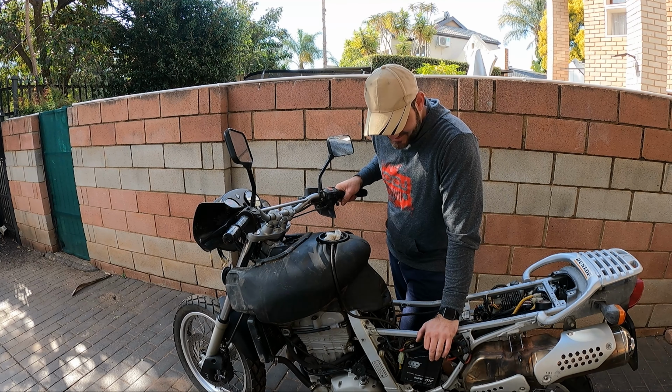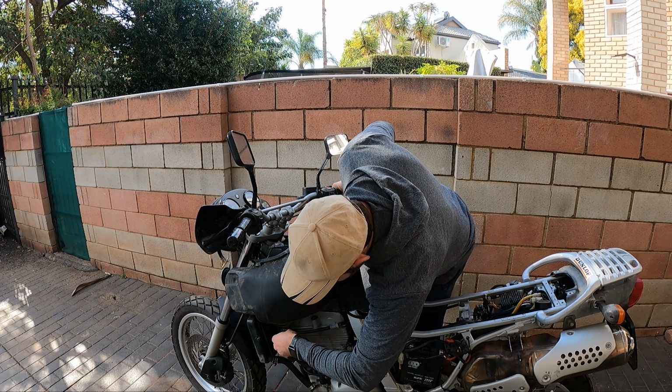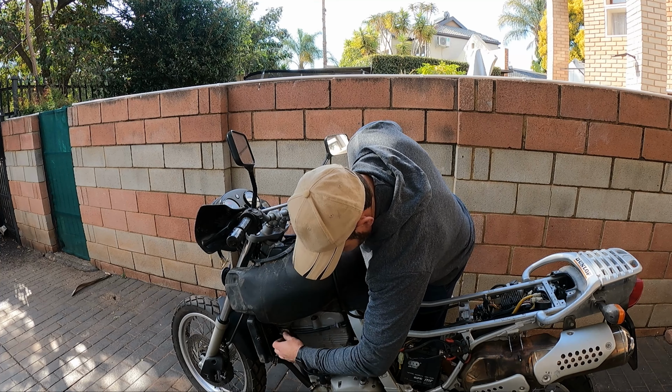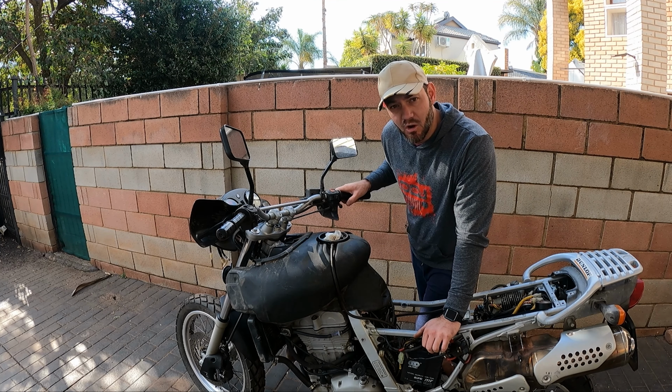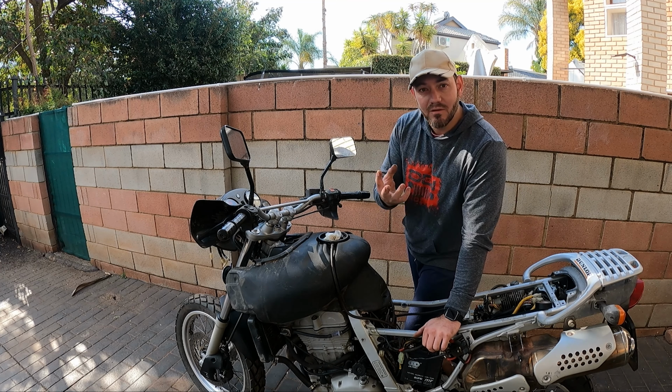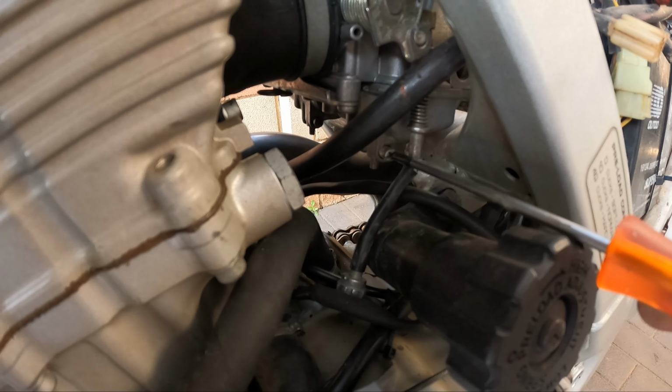Okay guys, so let's see if she will fire up for us. So first, we've got fuel. I should maybe open up the carbs and see if the bowls will actually fill up with fuel now. Okay, so all we have to do is just open up this valve,